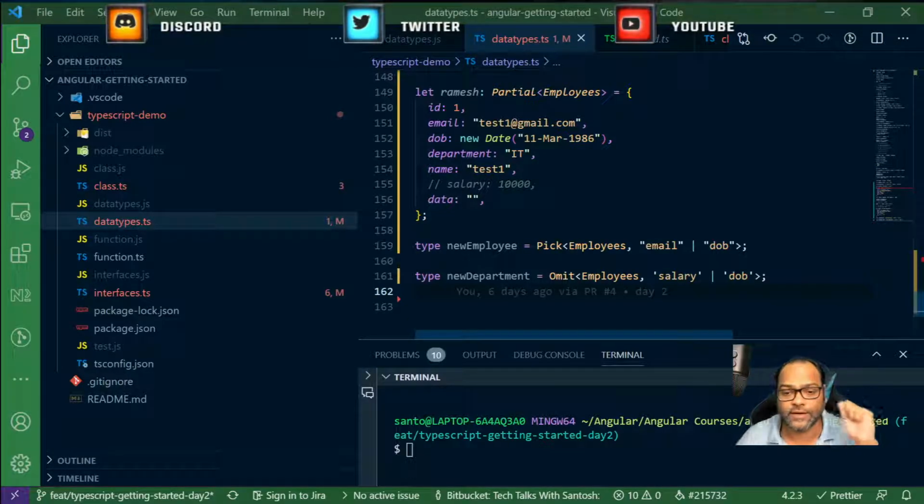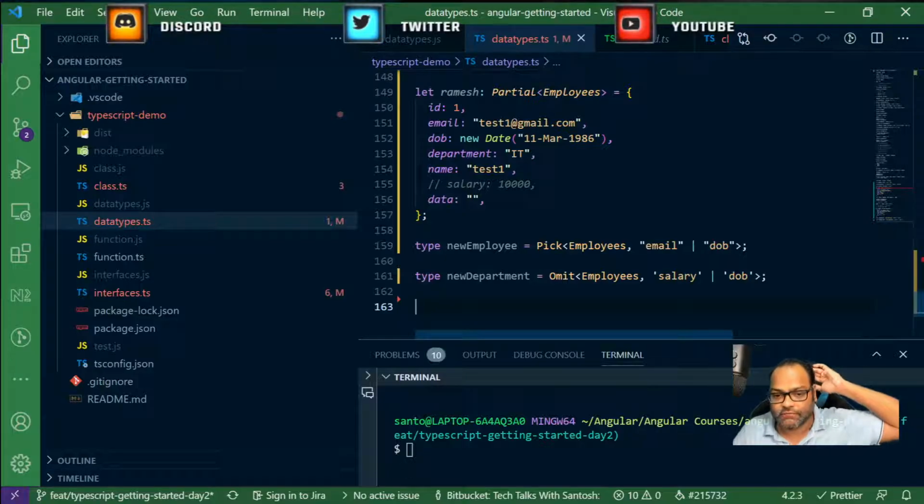So you can also write your own decorators, but try to avoid it because it's not valid ES6 syntax. It's still experimental. The reason being, when TypeScript started implementing decorators, there was a plan to actually include it in JavaScript as well, the ES6 syntax, but it was dropped later.